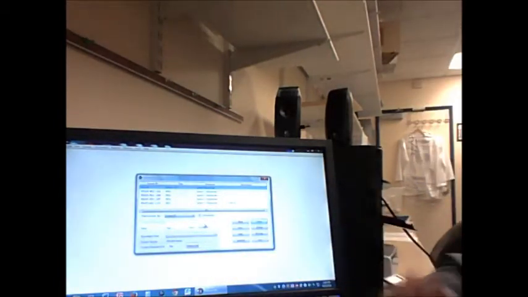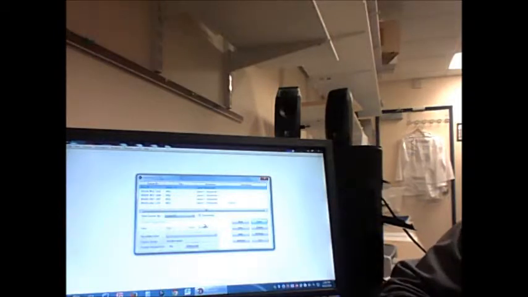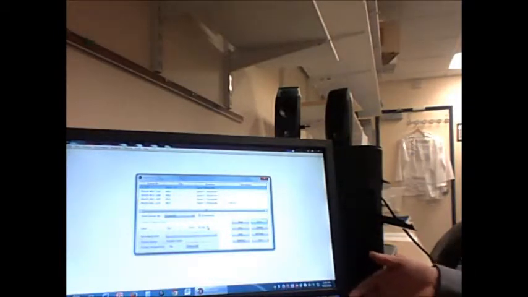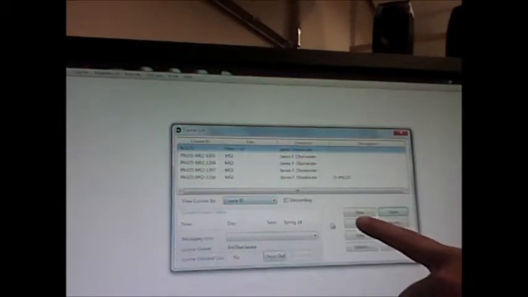I know you can't see it super well here, but I'm going to be guiding just through the steps, and I do have a handout for this as well. So the next step is going to be, many individuals are going to need to start by creating a course. So we're going to go to New, and you type in your instructor's name, and